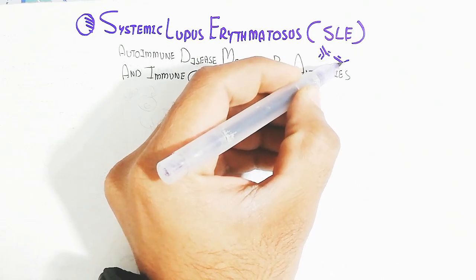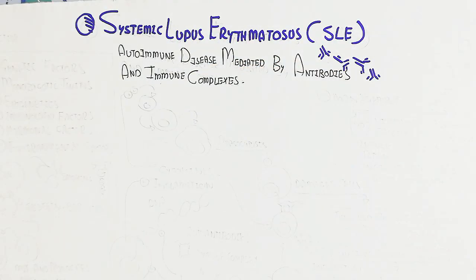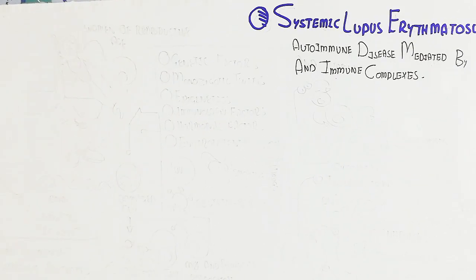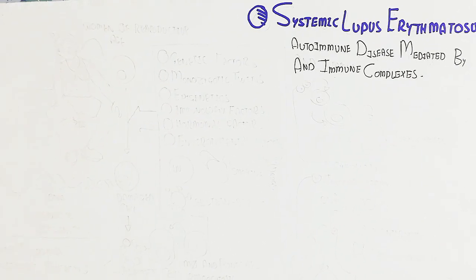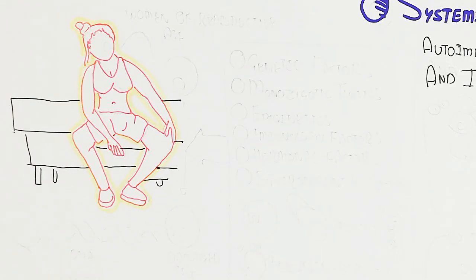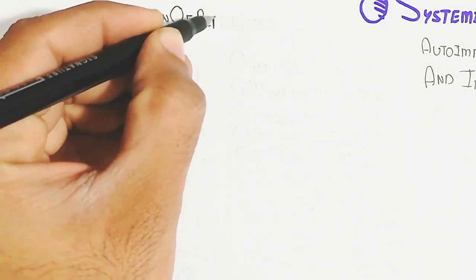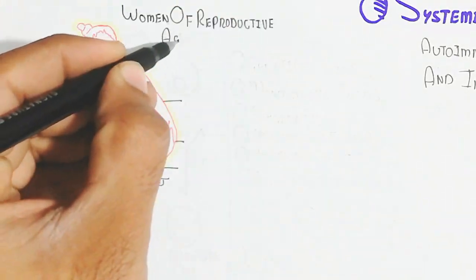Let's begin to understand the whole story about systemic lupus erythematosus. Erythema means the red color, so it means reddish skin will appear. That is why it is known as erythematosus. It is common in women of reproductive age, from 13 to 45 to 50 years,